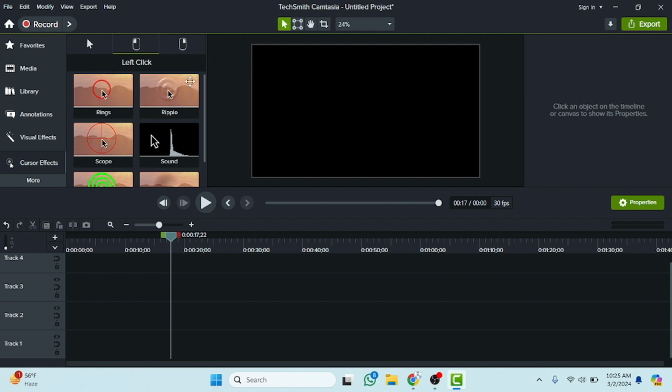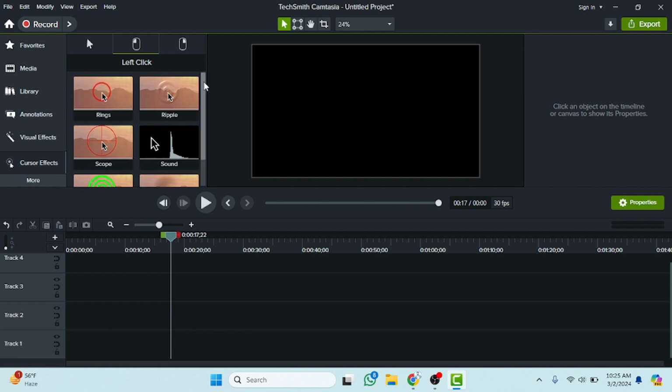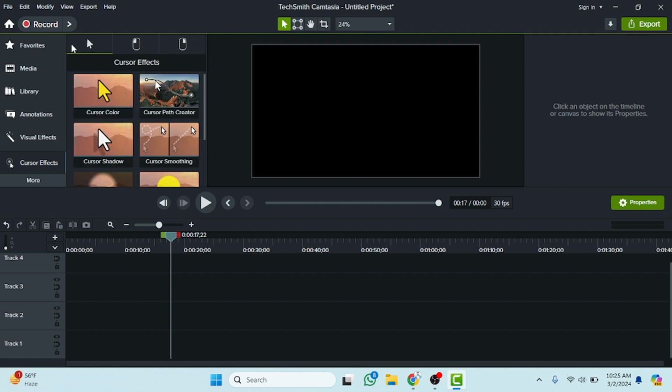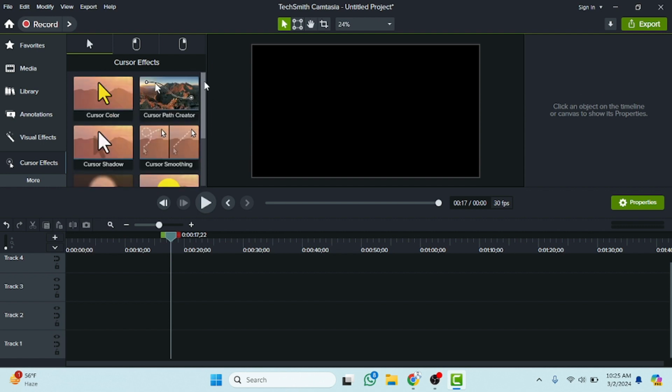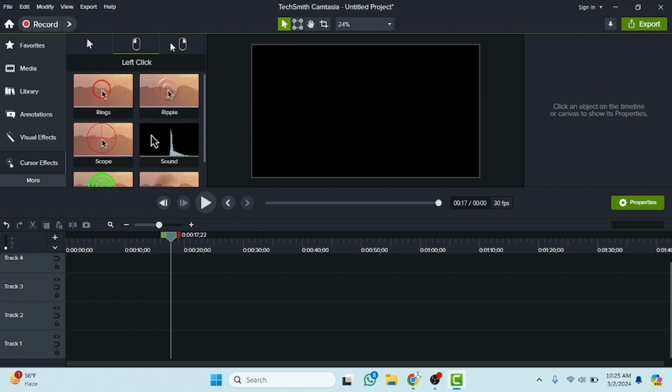So as you can see, Camtasia has an option for screen recording. And if you want to record the screen through Camtasia, then you can also add these options, like ring and ripple. These are basically the left click effects. If you want to add them, you can, and these are the right click effects, and these are the cursor effects. So it's up to you. If you are recording your screen using Camtasia Studio, then you can use these effects as